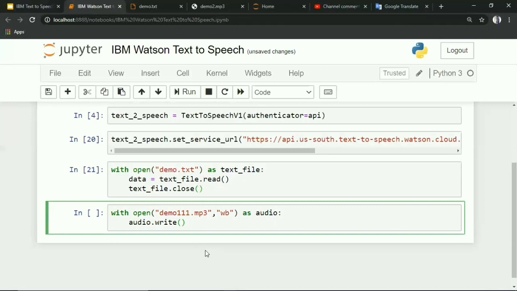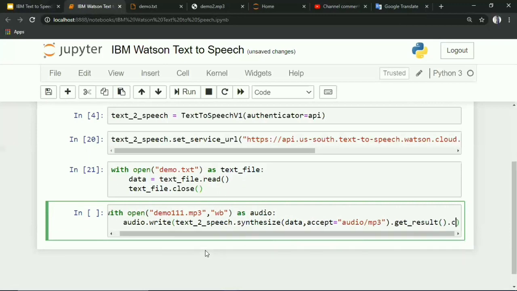To do that, call our text-to-speech servers dot synthesis, then pass the data, then provide the audio format, dot get result dot content.